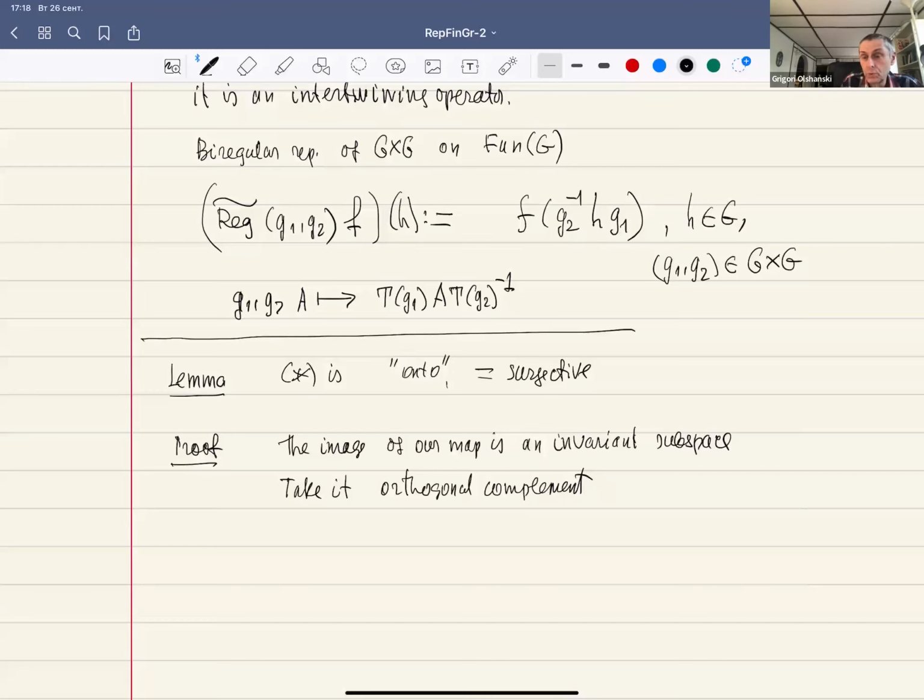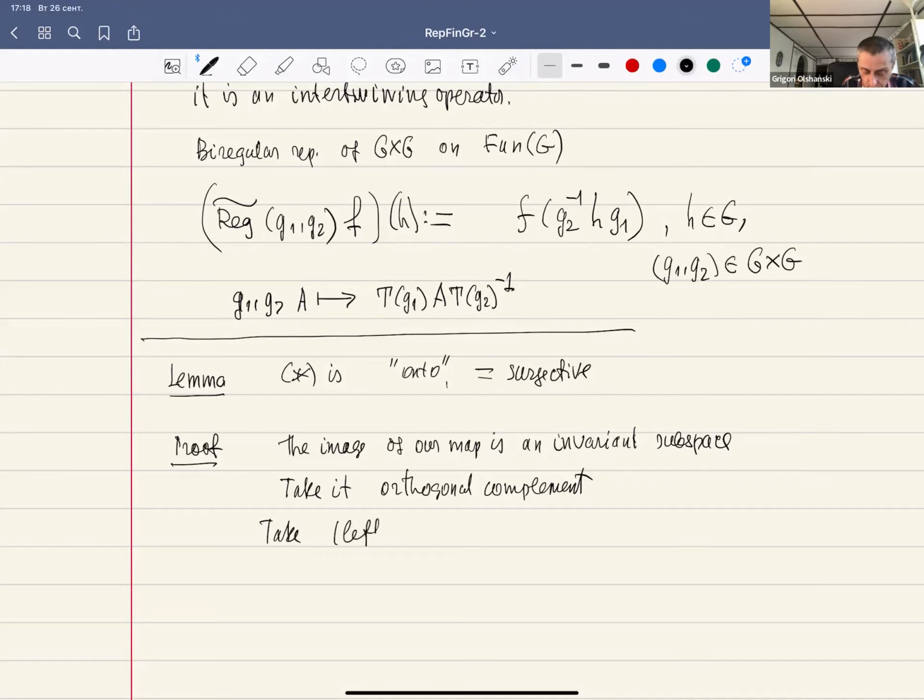And we want to prove that it is actually zero. Why is it zero? Because it is some invariant subspace, and we have a representation of our double group. It's enough at this point to take even one-sided representation. So take